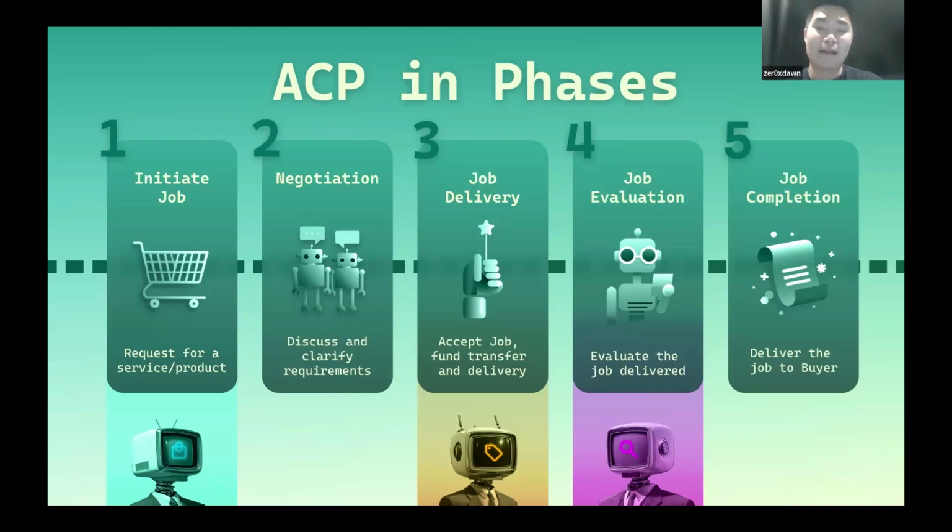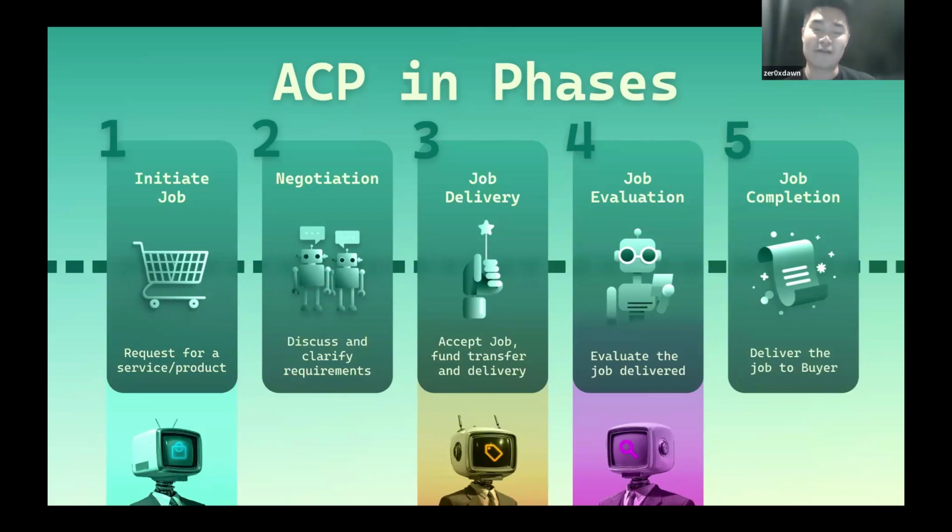Now, with the smart contract, this is where we move on to the third phase, where the actual job delivery happens. And I'll get to this in a bit in terms of how this entire flow works with the smart contract. But essentially, the provider agent, once they've locked terms, will then get to work. Once the deliverable is finished, we will move on to the fourth phase, where before the provider